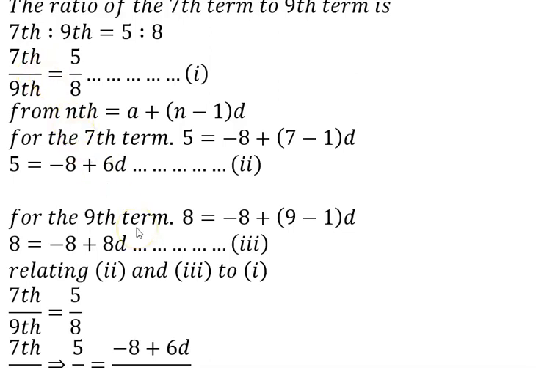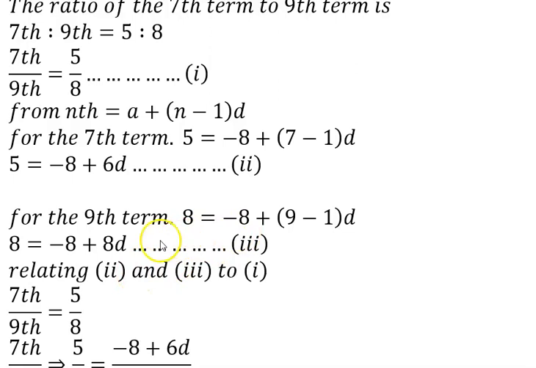So we do the same to the second statement. The ratio of the 9th term is 8, and the ratio for the 7th term is 5. So for our 9th term, because the nth term is 8, we have our first term already to be minus 8 plus the 9th term, that's 9 minus 1d. So 9 minus 1 will give us 8. 8 times d will give us what? 8d. That's why we have 8 equals minus 8 plus 8d. So we say that one is equation 3. Because we are working in ratio form,